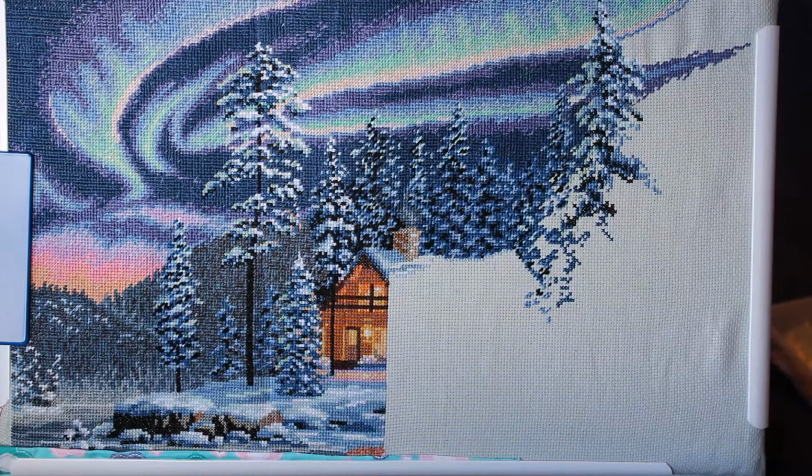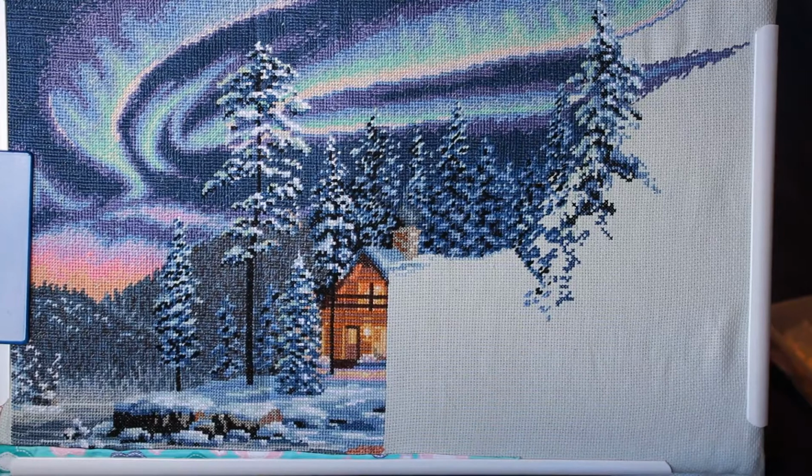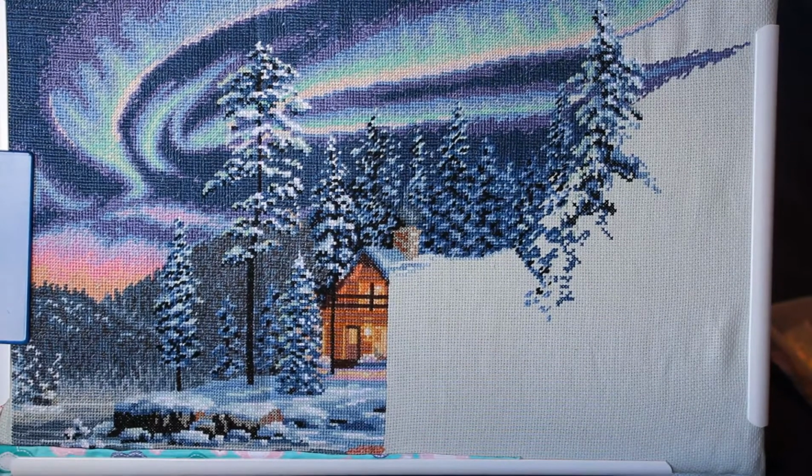Hi everyone, I'm working on my Dimensions project, which is called Aurora Cabin. It's one of my favourite cross-stitch projects, and I thought today I would work on doing a little bit of